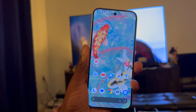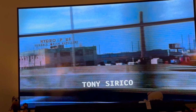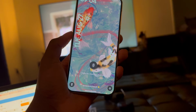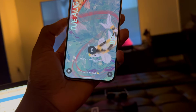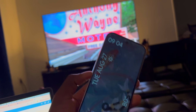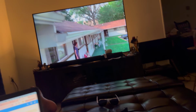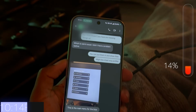It's a device that I was not expecting Google to make or even have a real improvement on compared to the 8 Pro series, but the design itself really does make it feel like a more premium phone than the previous generation. By the way, the Now Playing feature is a good feature that I wish was on every other smartphone. It's nice the way Google has it implemented, but yeah, in the TV show, they're playing Frank Sinatra. Pixel picks it up, shows it,